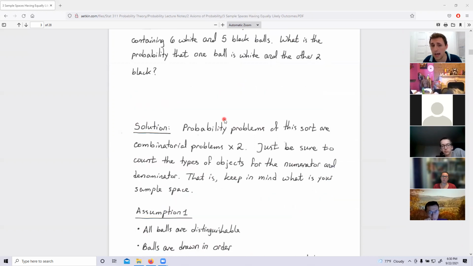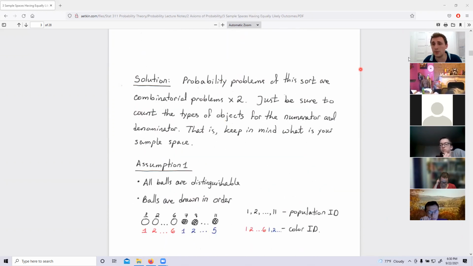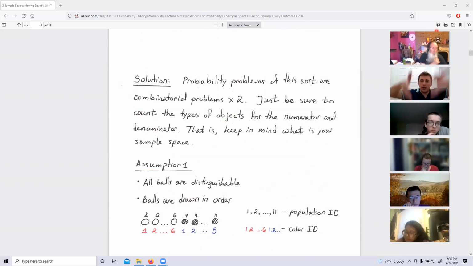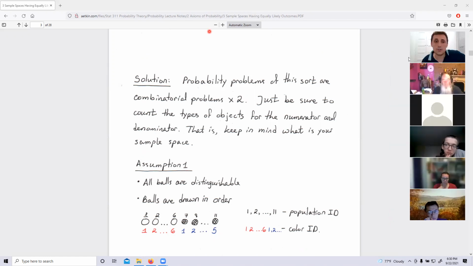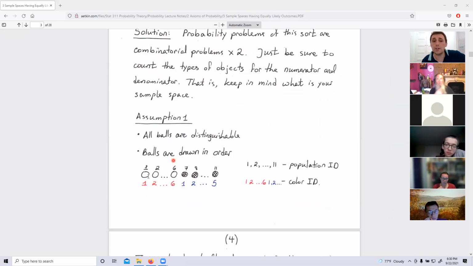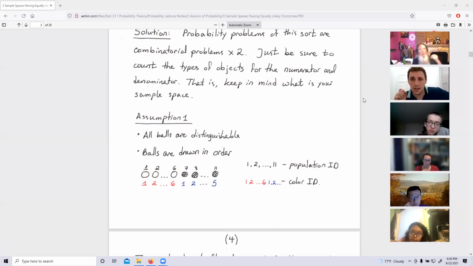It's a bit ambiguous. How are those balls withdrawn? Are they taken right away all at once, or do you take them sequentially? Do you sample them sequentially? So let's assume that they are sampled sequentially and that each ball is different from another ball. I can always assume that because they are not in the same space. Philosophically, 2 objects that are not in the same space at the same time are different objects. There must be something about them that is distinct. At least that's useful to think in probability.